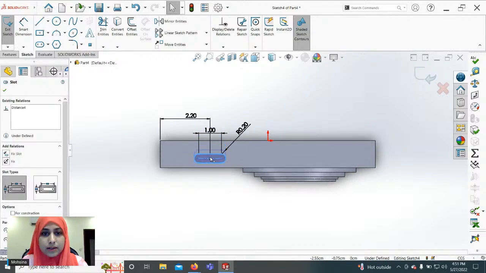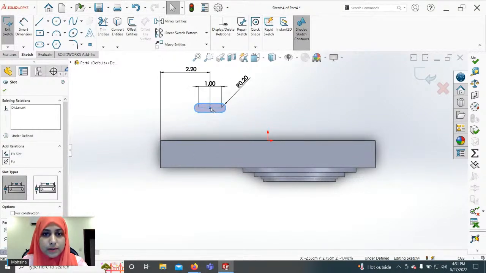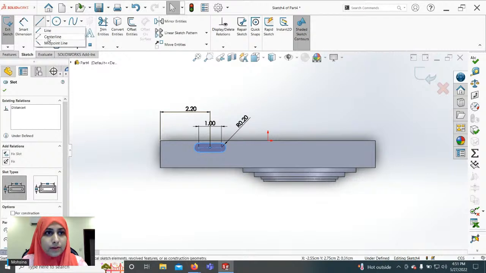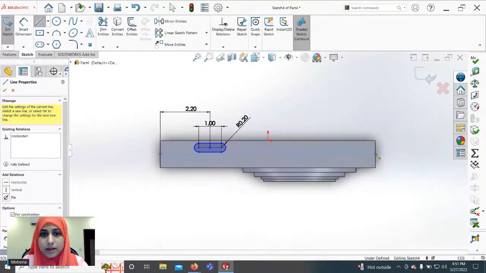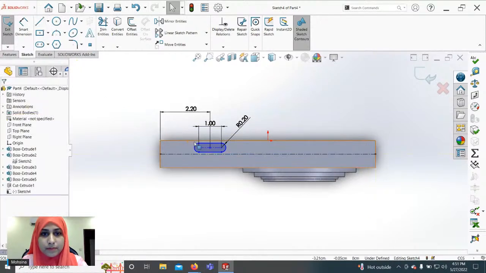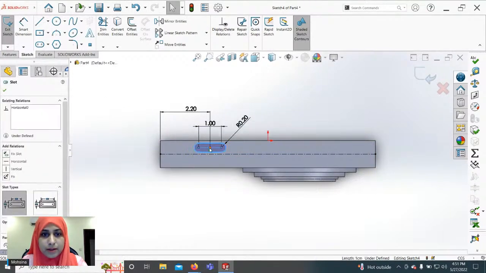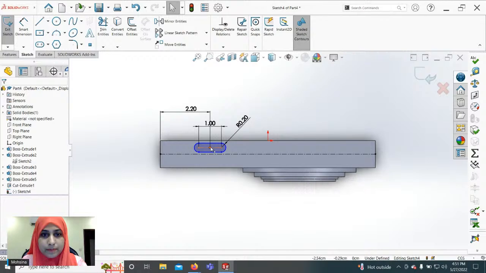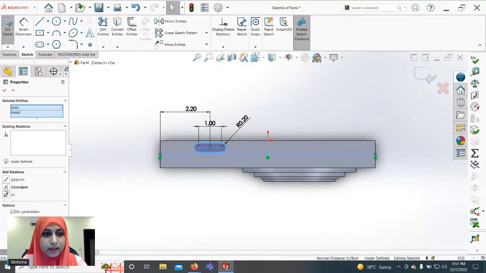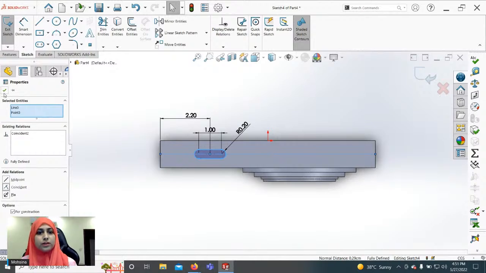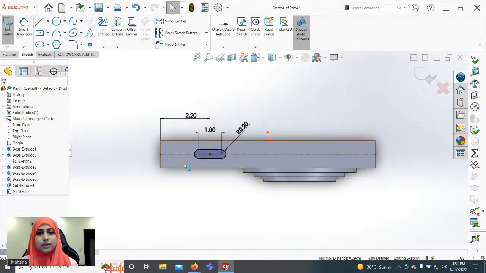And you can see that we cannot move it horizontally, but vertically it can be moved. To restrict this motion, let's create a center line from midpoint of this to this. Press Escape, click on the midpoint, press Ctrl, select the center line, and add the coincident relation. Click OK, and you can see that the sketch has turned black, and again it is fully defined.